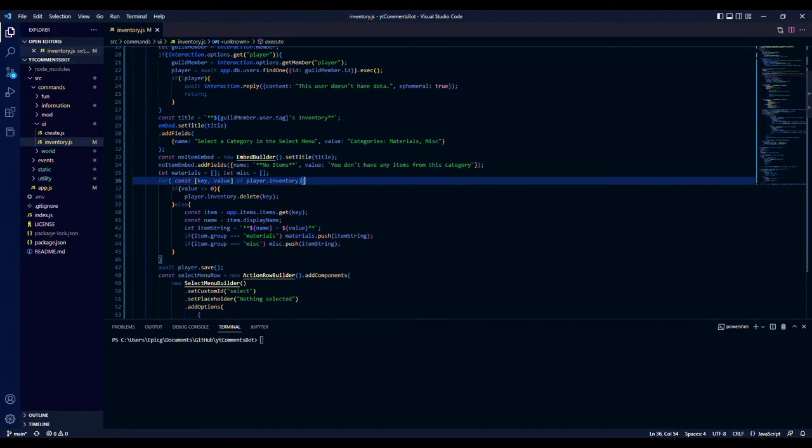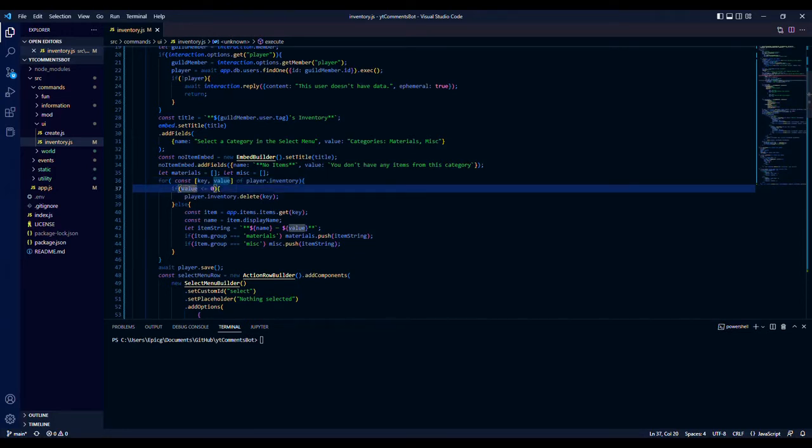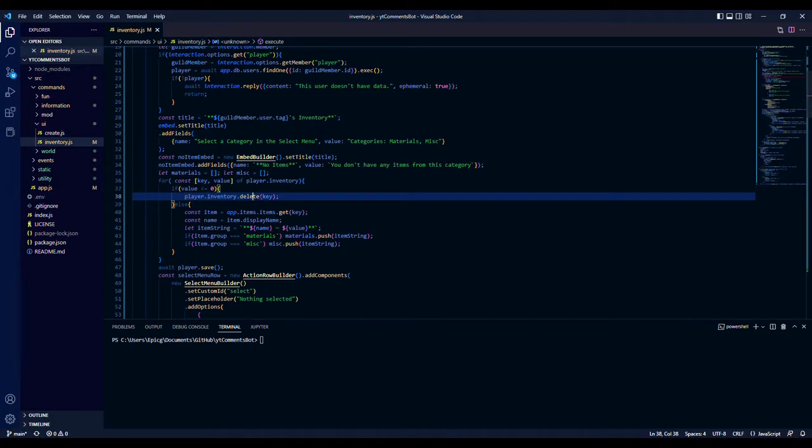Now, if the value within that key is less than or equal to 0, player.inventory.delete key, which is deleting the item name. It will remove that item from the inventory and it will not show up in the database or the inventory command. However, if it's greater than 0, so 1 to whatever,